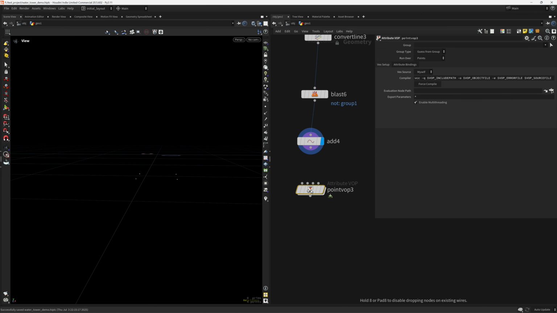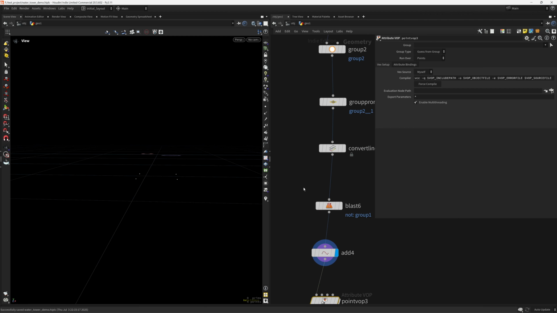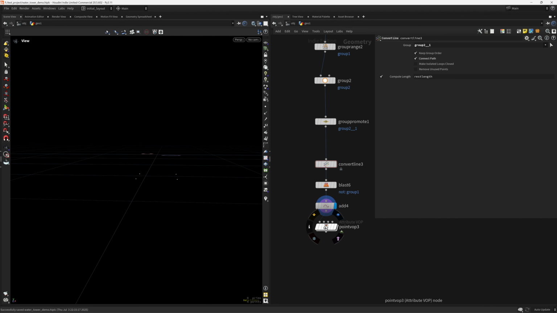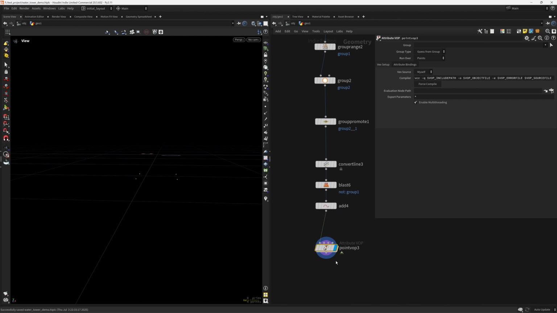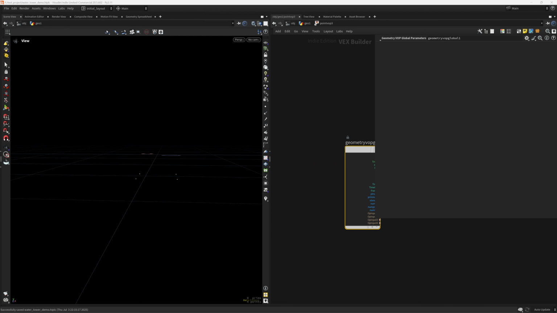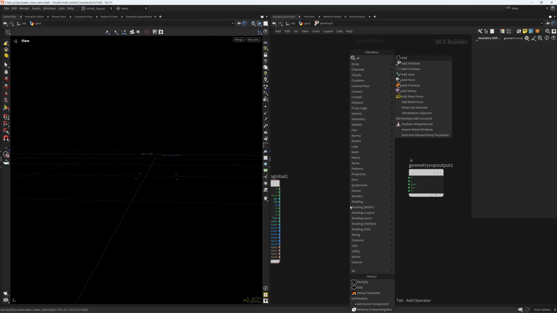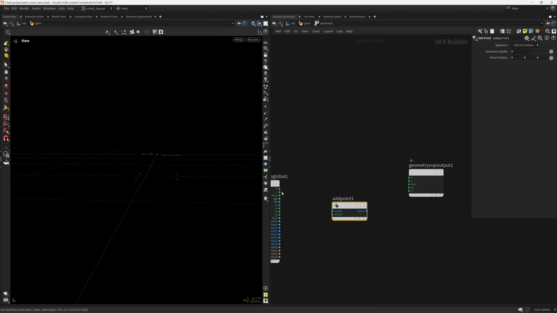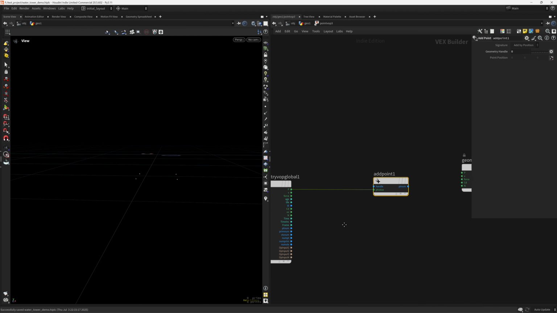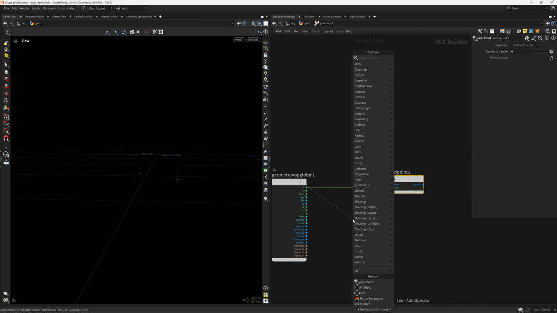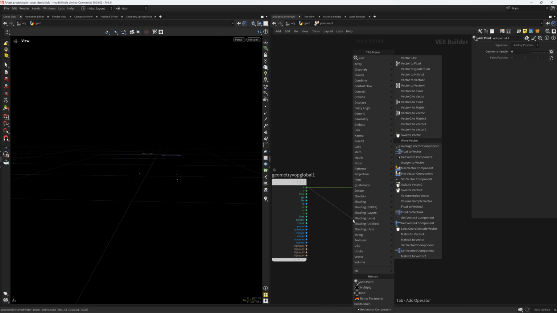So let's do a point VOP, and we can name this, but I'm not going to even bother. So let's go inside, and what we'll do here, so if we now take the current point position and just do an add point, we will just have points on top of each other. As you can see, we want to move them down, so for that I'm gonna set in here vector components,